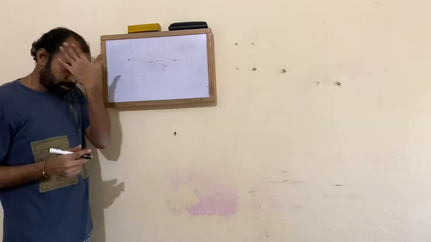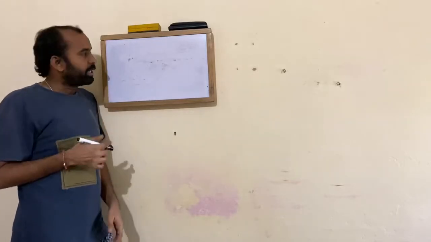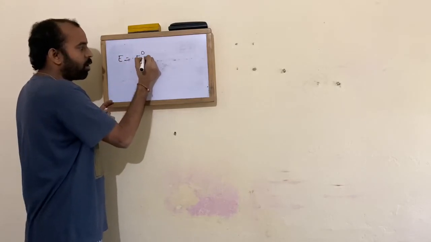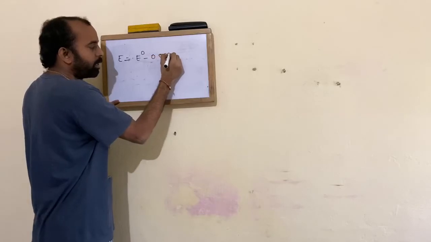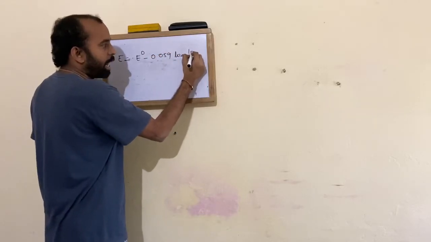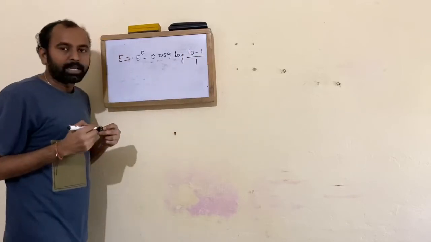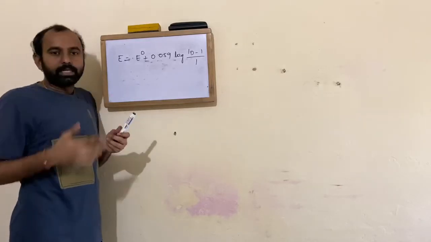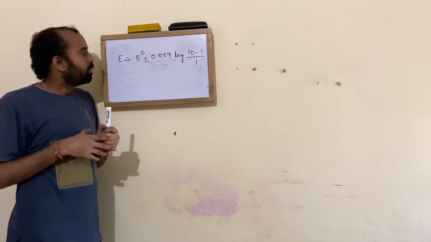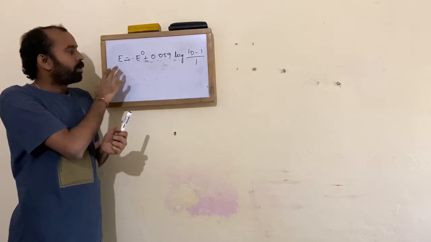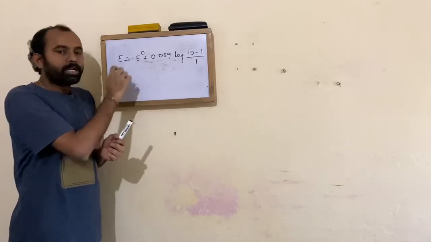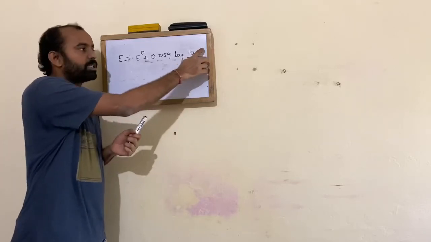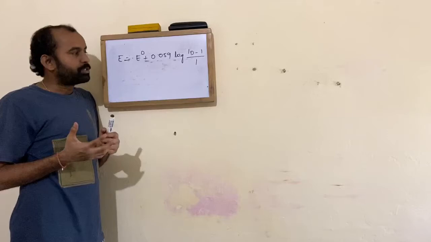Now what happens here is, this is your equation. However, we will have one more equation, that is E is equal to E naught minus 0.059 into logarithm of (ID minus I) by I. This is a fundamental equation, that is again here plus or minus based upon your, this is simply the derivation of the Nernst equation. So here E is your applied voltage, then E naught is your half wave potential, that is your diffusion current versus total amount of current, that is amperes, which you apply onto the system.